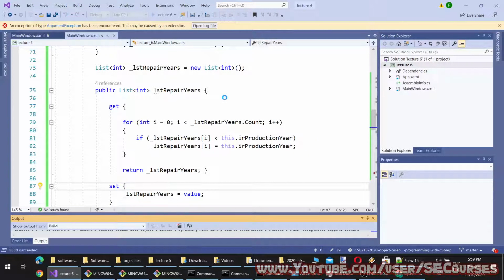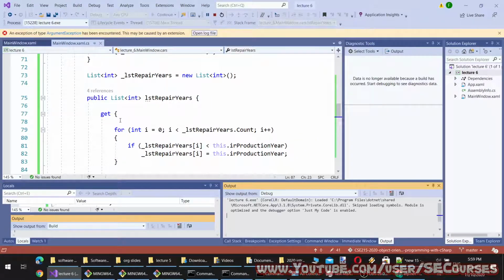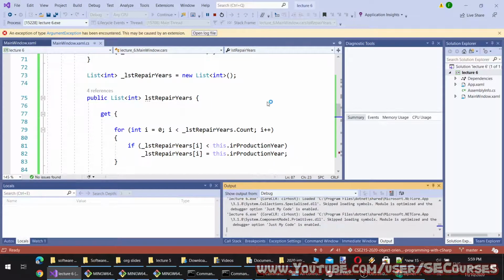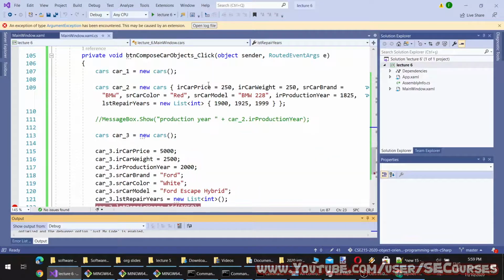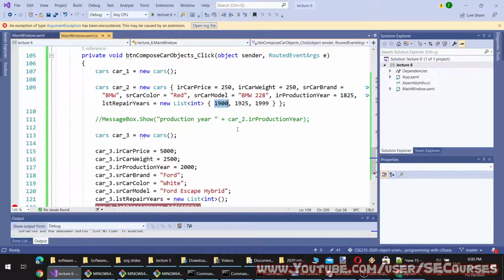So whenever the add method is used, it is calling the get method, and let's test it. So the car production year is this, and I'm going to set another repair year like this and like this.